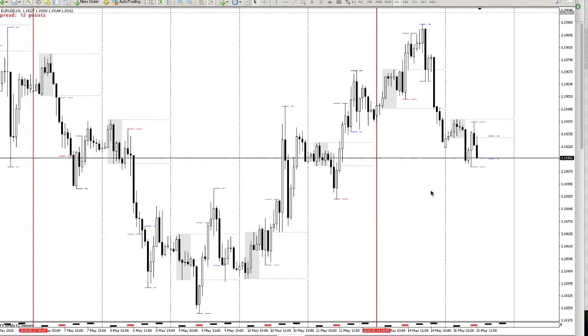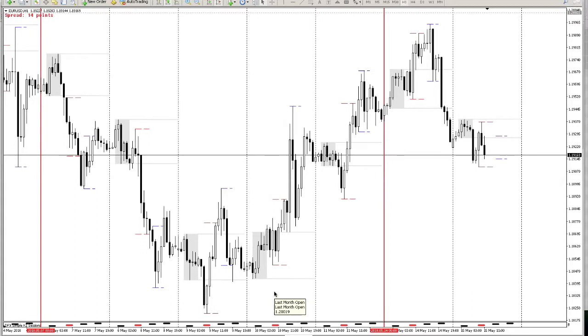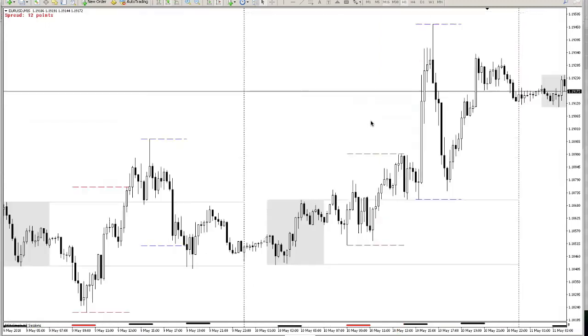So we've got breakers. What is a breaker? Because you need to understand the market language. We've learned trending markets, that's a language. Then we've learned order blocks, and now we're going to be learning breakers. So what is a breaker? Well, a breaker is